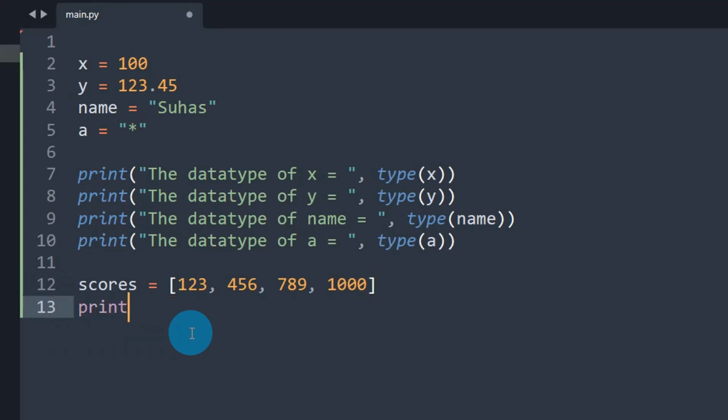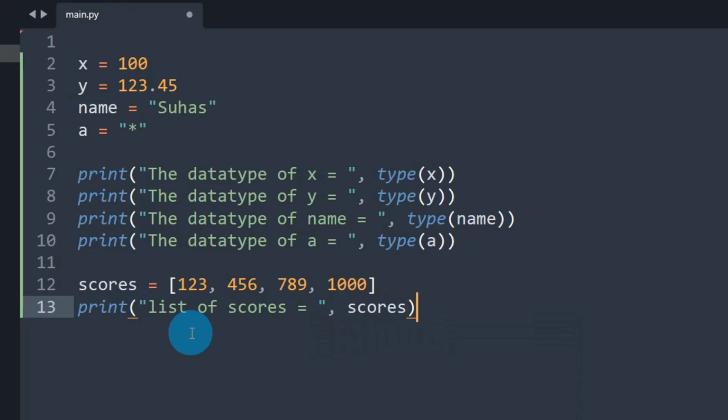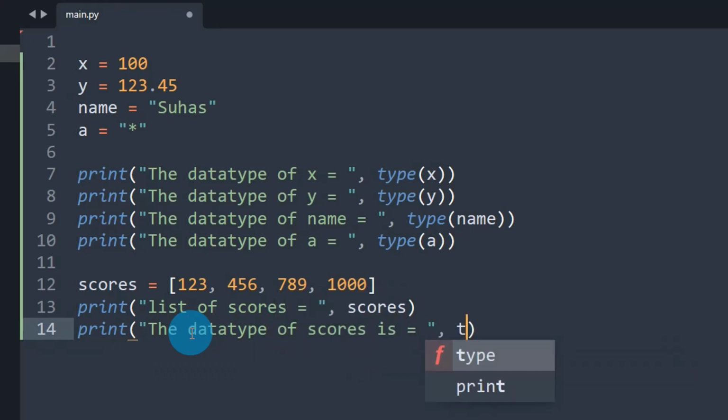If you print the data inside this code, let's say list of scores equals the scores. I'm just printing the scores. Next, I'm also printing the data type: the data type of scores is type of scores.